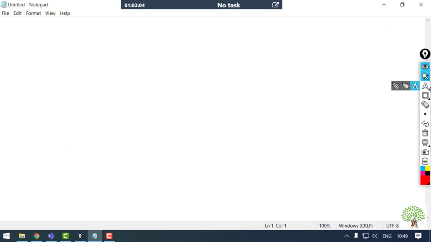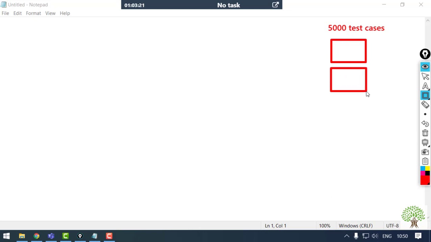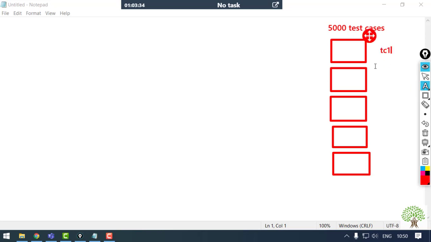Right? Now suppose that someday some client comes up to you and asks you to automate some 5,000 test cases. So what you will do is start making the test cases with the knowledge of Selenium code and the programming language. And you will start building it. But there is a large number of test cases that you are going to create, some 5,000 as I said.